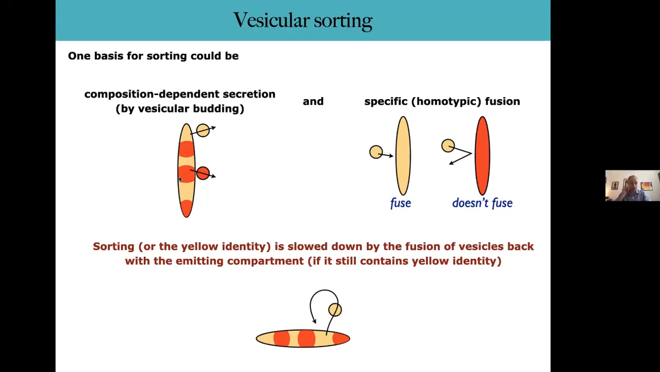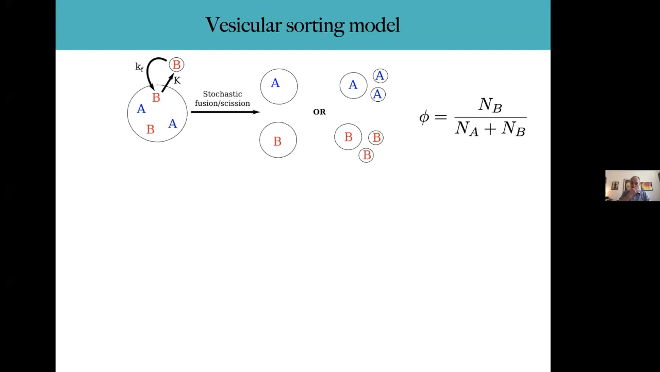Of course, this separation will be slowed down by the fact that when you emit a yellow vesicle, this yellow vesicle can fuse back with your compartment if there is still yellow identity in this compartment. And so one interesting question is, how much time does it take to separate yellow from red by this process here? And you can study this by basically having the same sort of model as before, except that now you